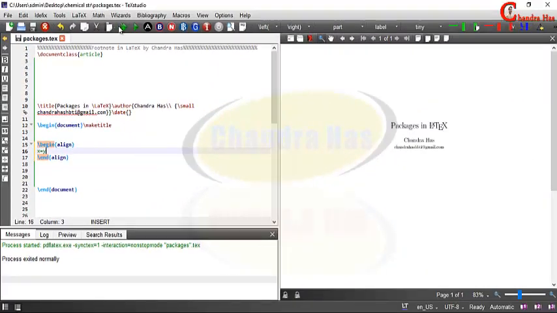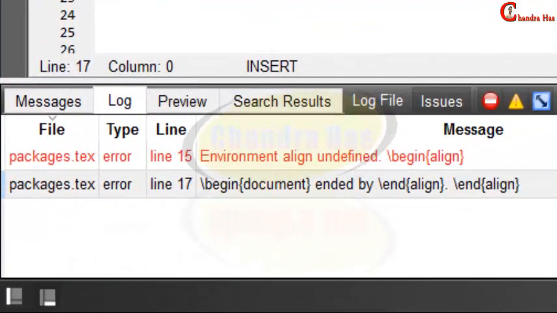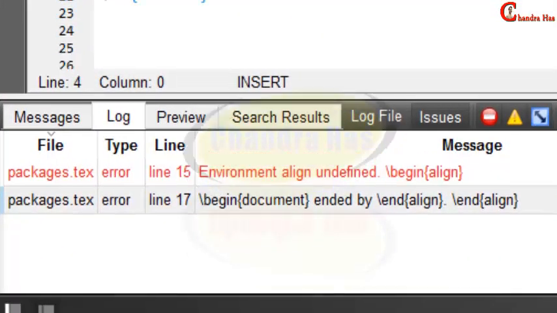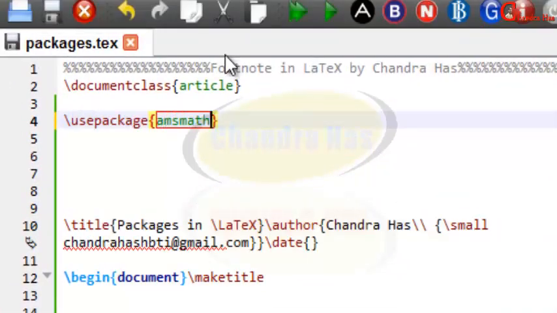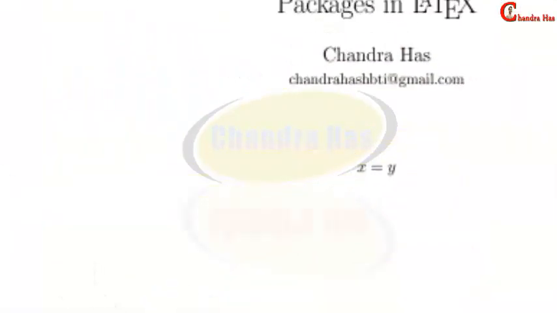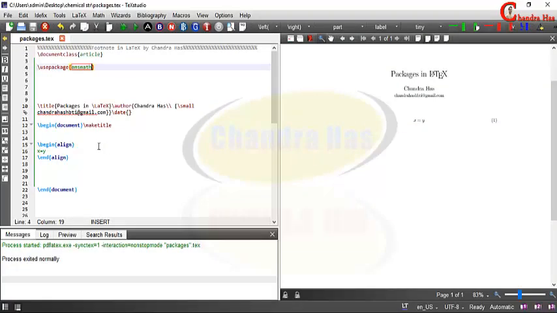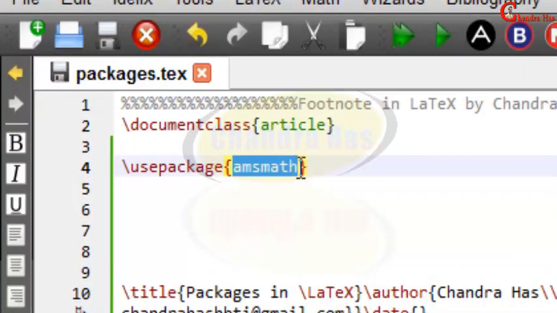Now if I compile my file, it is showing an error, and if I use the amsmath package here and compile this file, now it's running. amsmath provides several commands and environments, so this package one should use in each document.